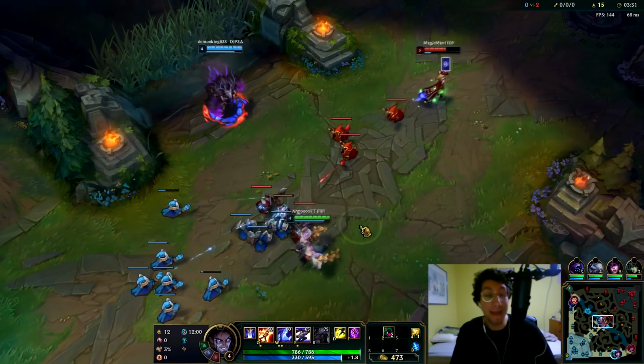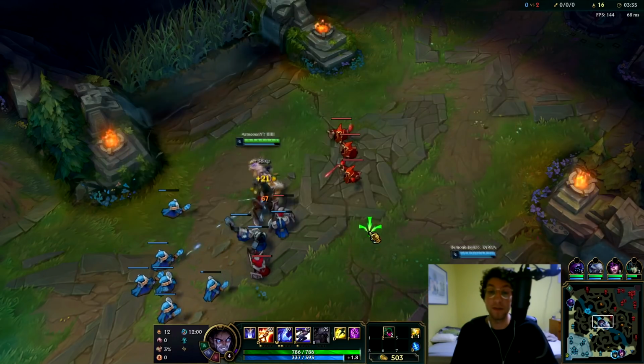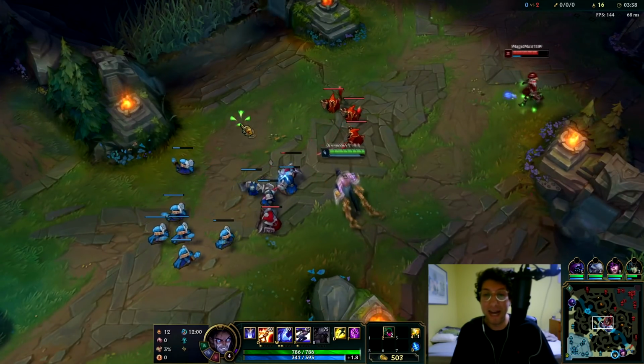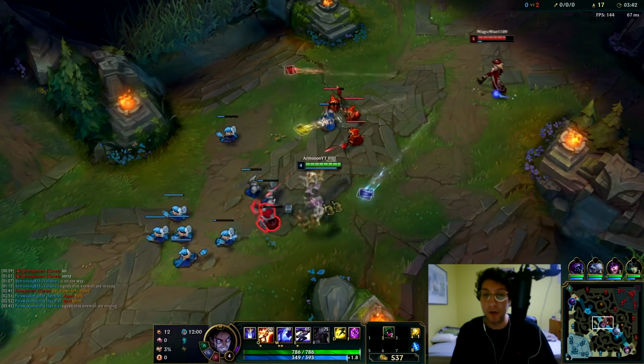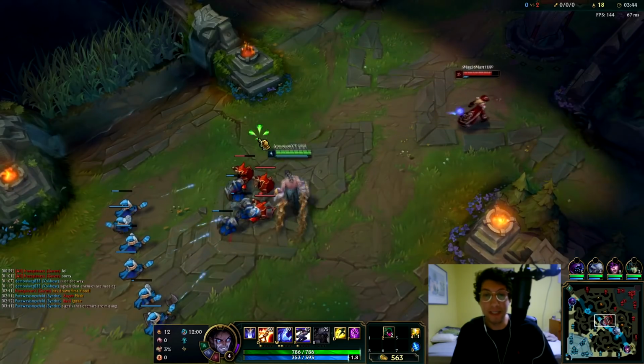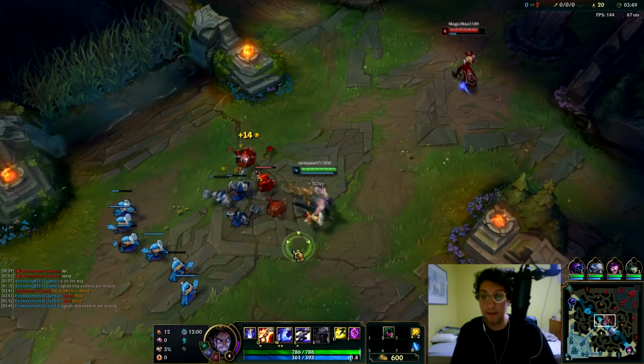As you can see, max W as usual. Not shoving in the lane very hard because I don't know where their jungler is. When you don't know where the jungler is, you have to play somewhat careful. So I'm kind of just bullying him off of his own CS, but of course it's going to come to tower no matter what. When it does that, I'm going to